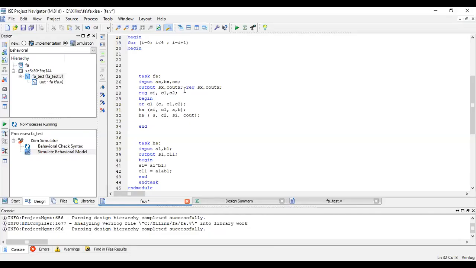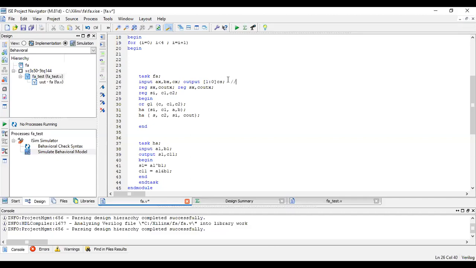So I'll do one thing, I'll concatenate the outputs and I'll pass it. So instead of giving separate registers Sx and output Sx, I'll make this a single register. I'll concatenate and send it as a single variable. So I'll declare an output sum and carry CS, and I'll make it 1 down to 0, which means that I'm concatenating sum and carry.